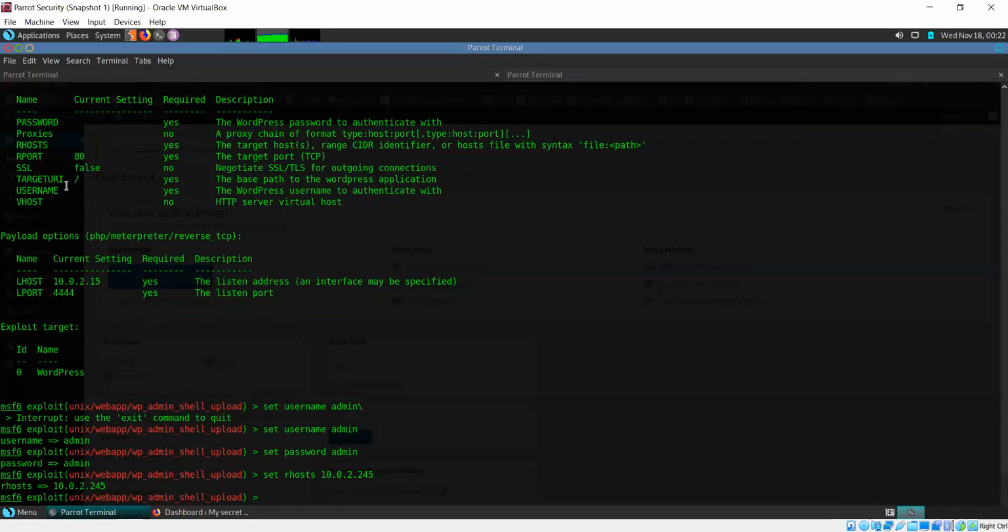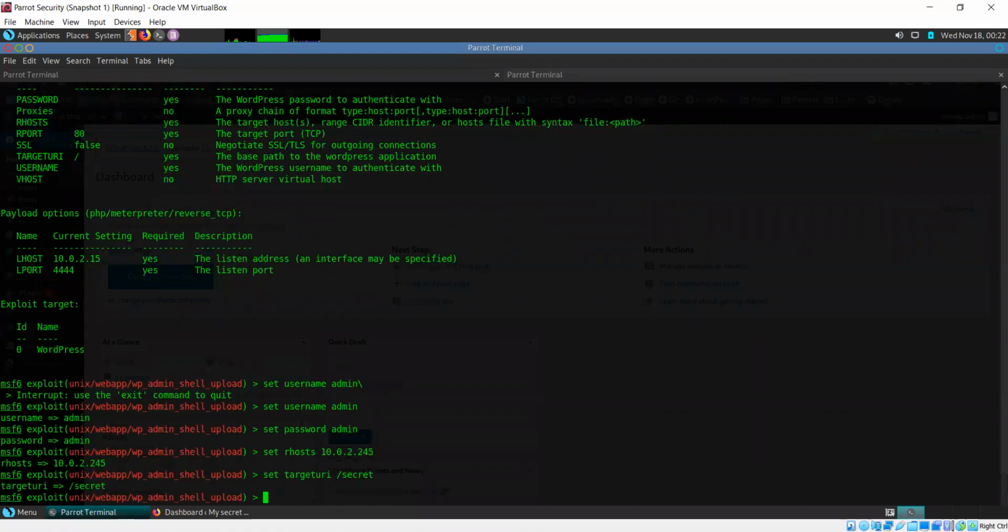What else is needed? Target URI. Target URI is simply our URL. Now I can't simply use it directly because I need to point it to the secret thing. Because if I just specify this, it is going to try and attack this address.